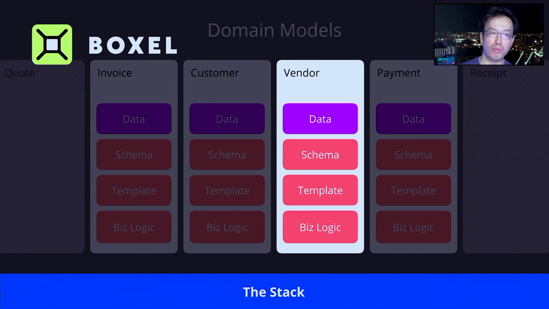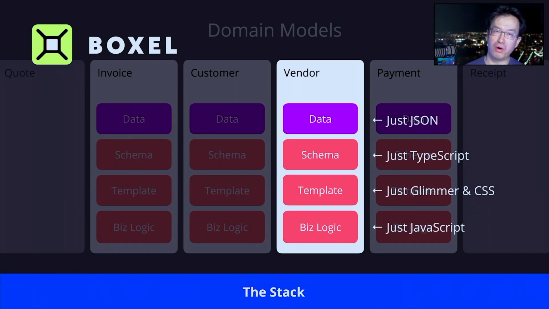domain model. A domain model is basically saying that if there's a stack of software that gives you everything you need, all you need to do is create different types of domain objects: invoice, customer, quote, payments, receipt, the things that are important to users and business people. As long as we have the data, the schema, and the template to support them, then we can run these applications, or these boxels or cards that represent the schemas, on top of this common platform, have them connect together, and not need 17 different subscriptions to bring it together.